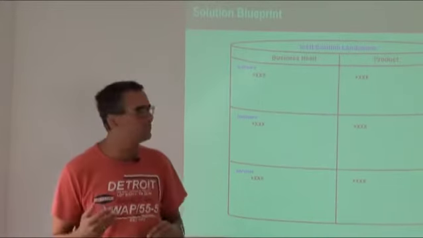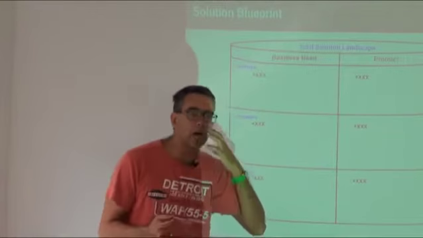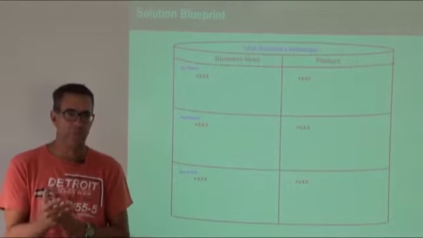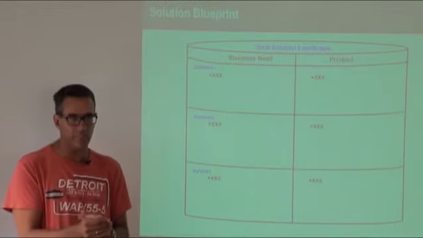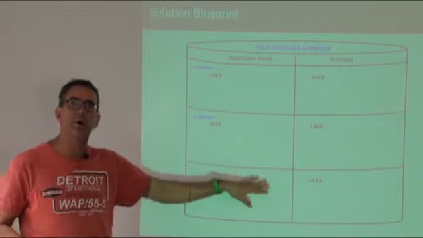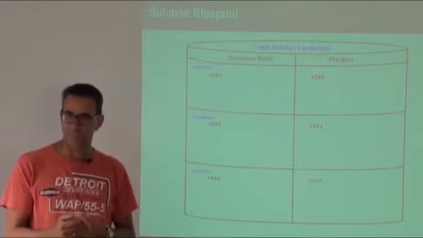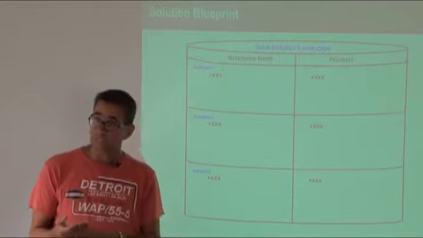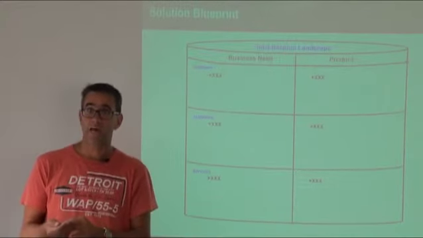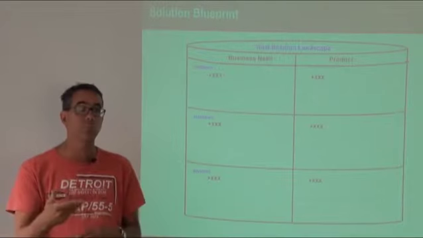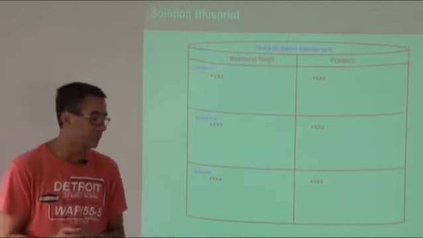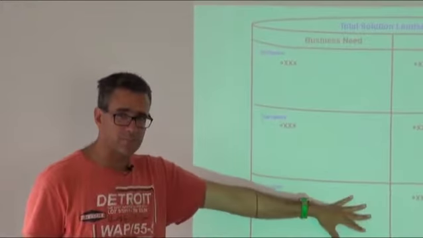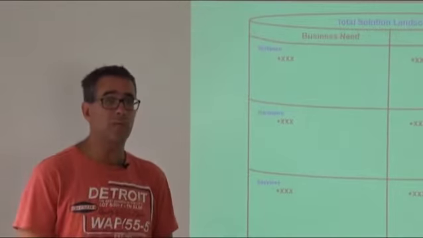And so the solution blueprint for us is the final proposal, if you like, actually what will be implemented. Yeah? So this will be accompanied by a project plan, a detailed project plan, and depending on your industry, this could be a detailed project plan and a description of what you're going to do to implement a grouping of products and services. Yeah? And so here we have an empty box, and we begin with an empty box because,